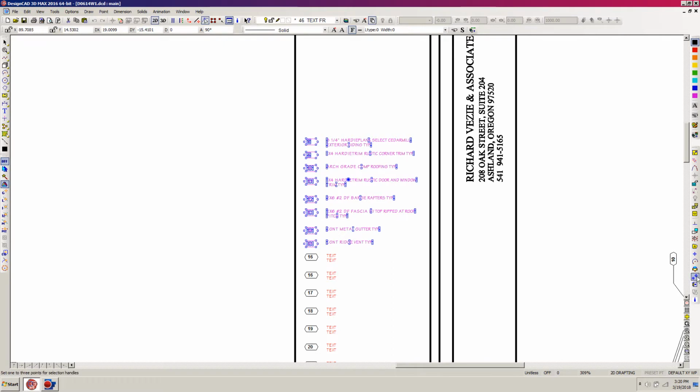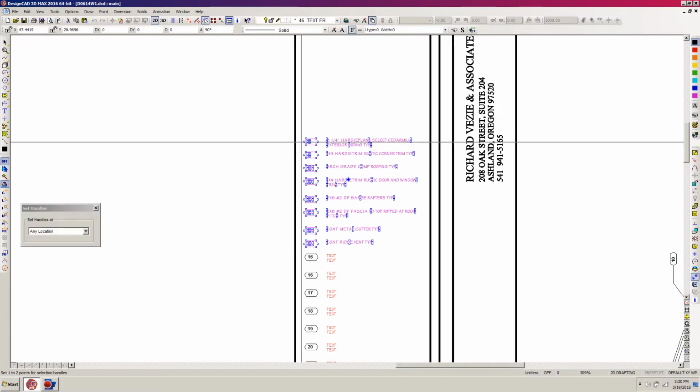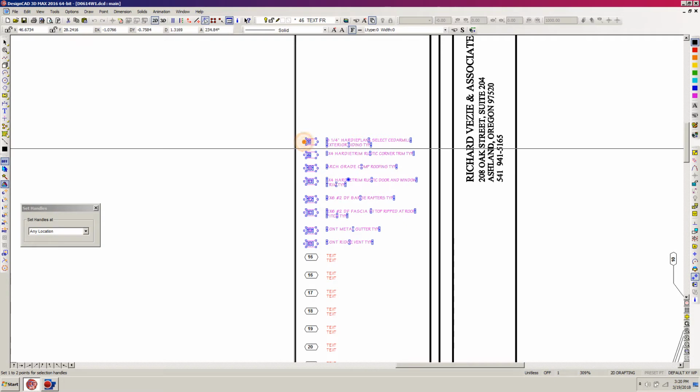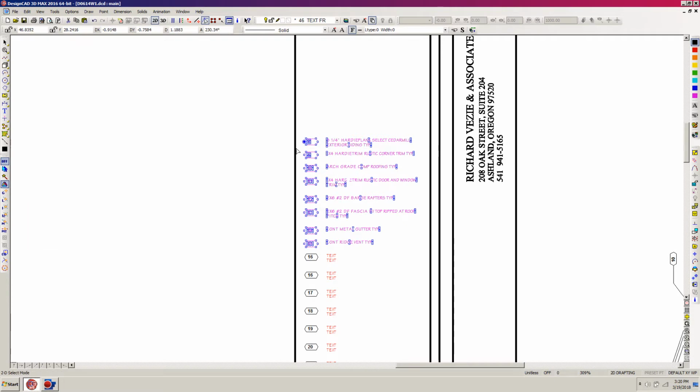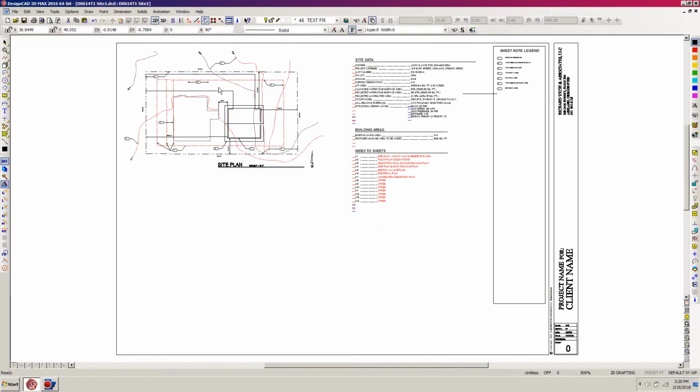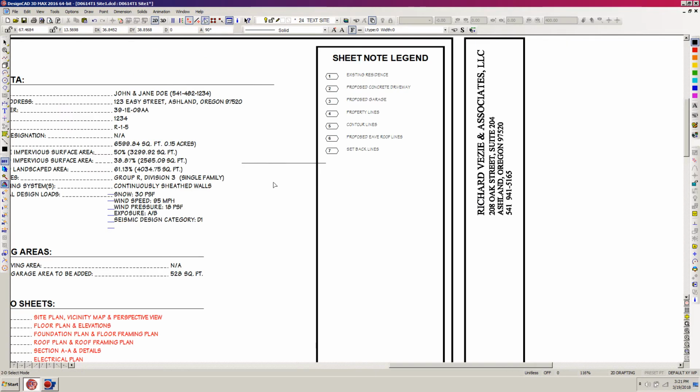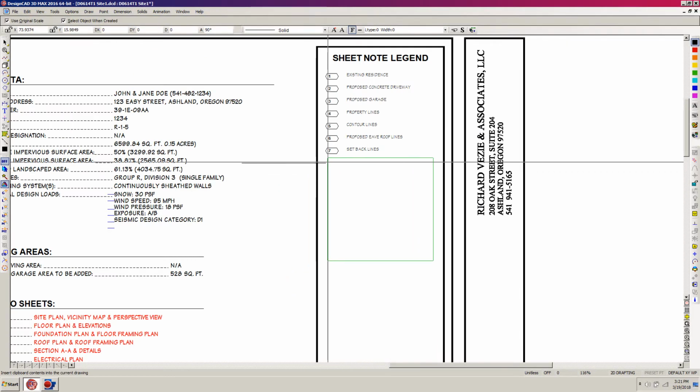Now I want to put my handle at the point for sheet note box 8 and right click there and hit my scroll button to initiate. So now I have all these guys selected. Now I'm going to hit Control C to copy them to the clipboard. I'm going to hit my window drop down dialog and go now to our T1 Site 1 plan. Click on that. Zoom over, hit Z for zoom, zoom over here to the sheet note legend and hit Control V to paste. And right click,